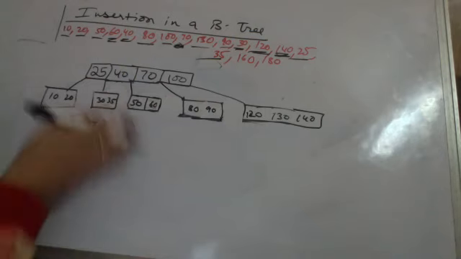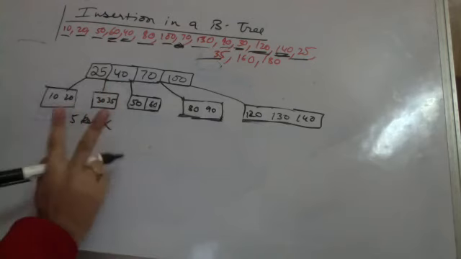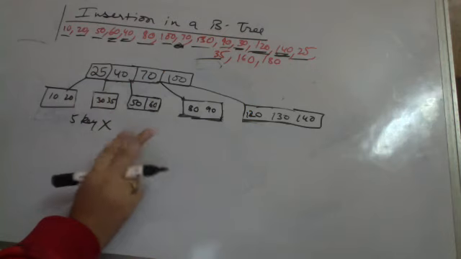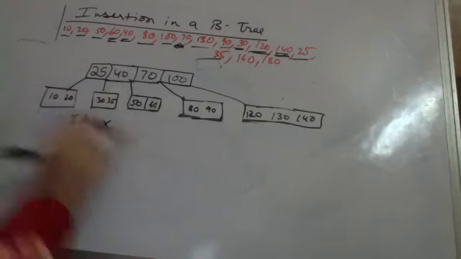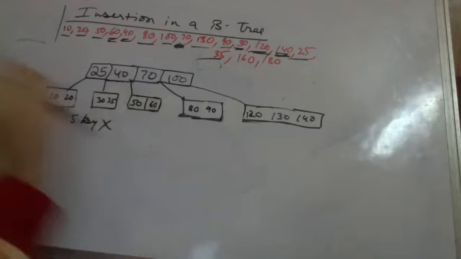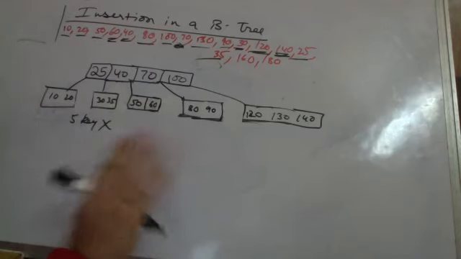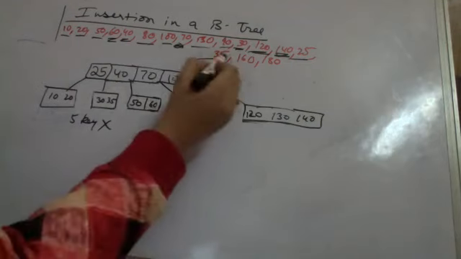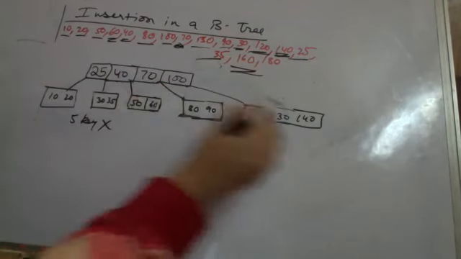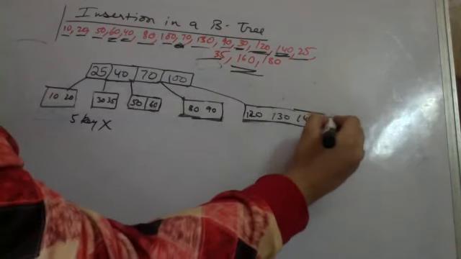Now look, due to the balance of height, there are only 2 levels till now, level 0 and level 1. So far the height of the tree is only 2 here, because we are having a height balanced M-way tree. So the number of disk accesses for any search is only 2, which is very less. Now I want to insert 160. 160 is greater than 100. It is greater than 140. It gets inserted over here.